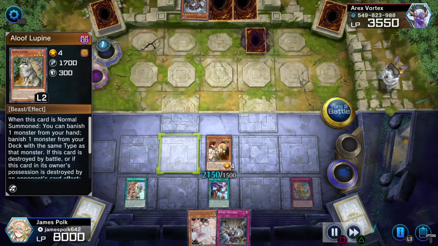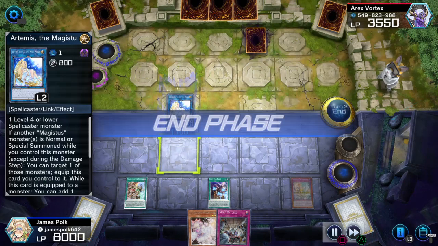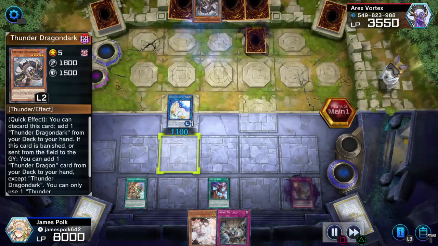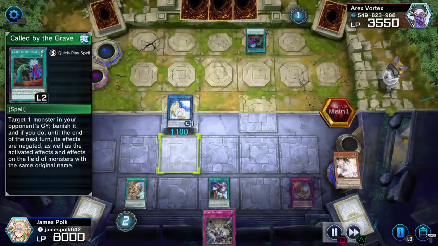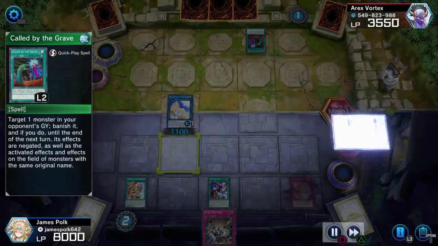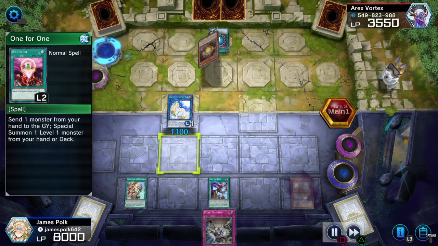Lupine adds Dragon Dark. Alsa linked off into Artemis. Activate Dragon Dark. Ash keeps Dragon Dark in check. That is unless your opponent has Call by the Grave. One for one, sends Dragon Dark